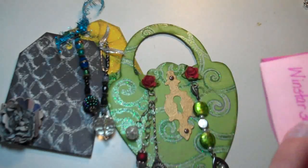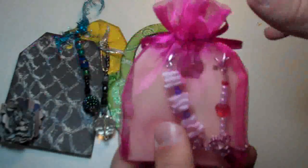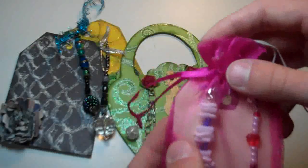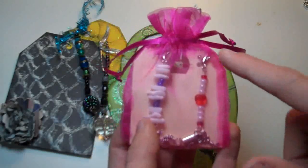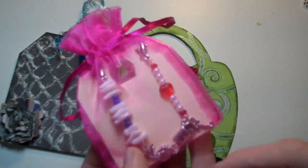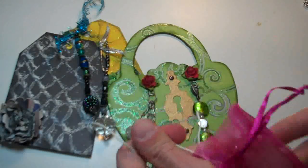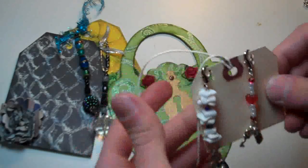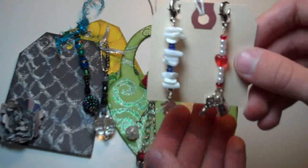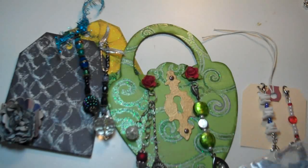And then we have Trudy's charms, and there's her information if you could see that. And her charms, I love them. They're perfect for red, white, and blue for 4th of July if you added both of them on. But this one has a key and a lock down at the bottom here. And then the other one has these pearl chips. And I love the way she packaged them in this little pink bag. And this one has some pearl chips and a little seahorse at the bottom. So those are Trudy's charms. Super adorable, Trudy. And then the last person in group 2 is...